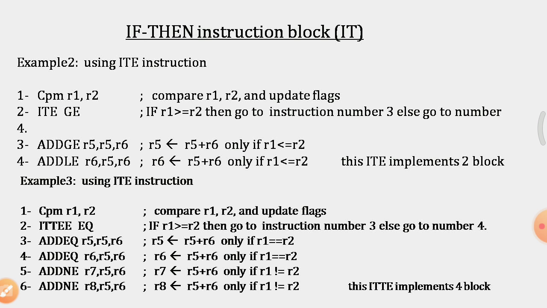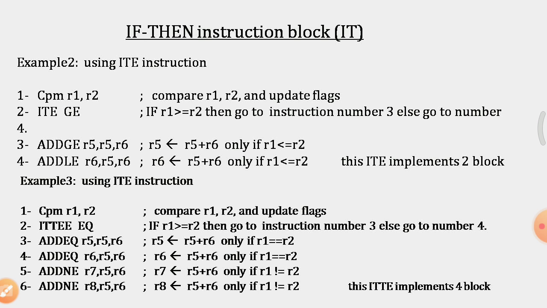Then we'll go for using the ITTEE instruction. Some spelling mistakes are there, we'll just correct it. So here the first line is CMP R1, R2, compare R1 with R2 and update the flags. Then we are going to put a condition that